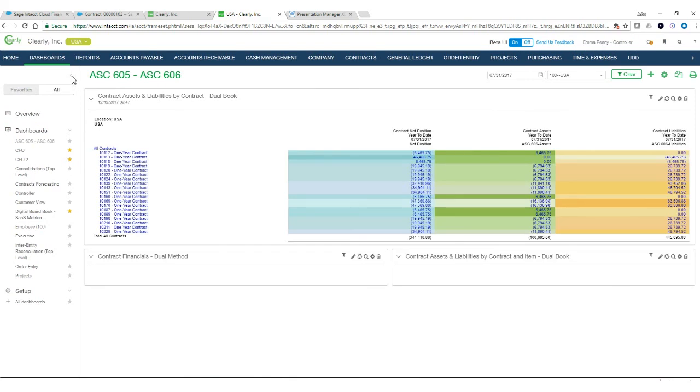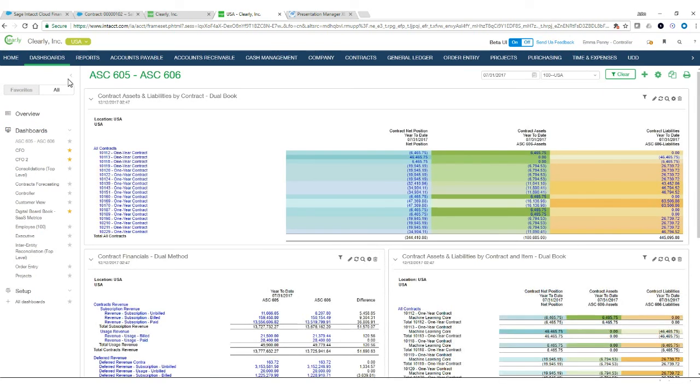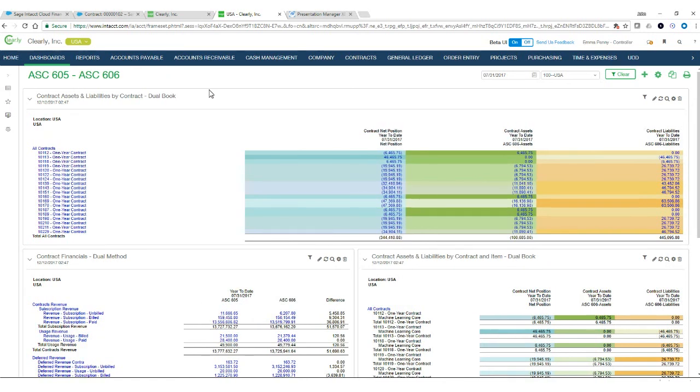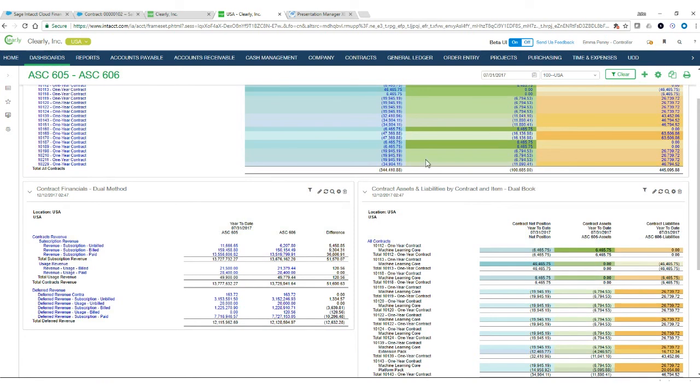So not just seeing numbers at a high level on an income statement or balance sheet, but being able to actually take a look and see maybe the different components that make up our revenue. Being able to see side by side, 605, 606, how would we look after the transition versus under today's current accounting guidance. So all of this information driving off the automations within Intacct. Your users not being bogged down in day-to-day data, spreadsheets, uploads of journal entries, recreation of data, but simply managing